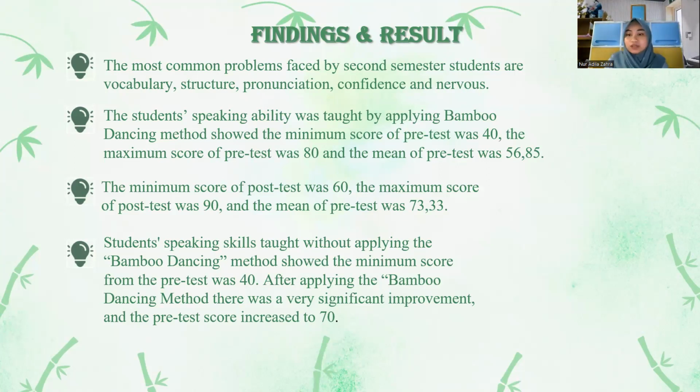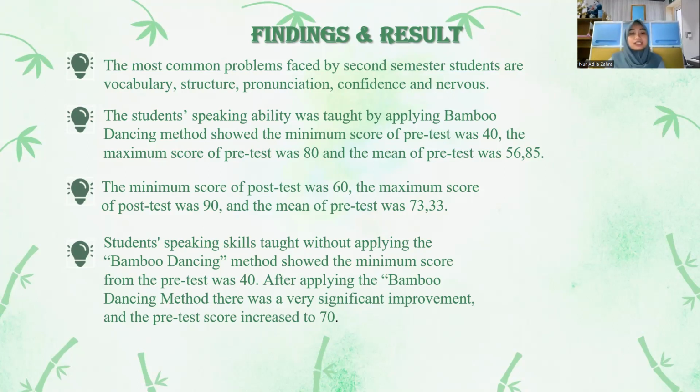And then, as you can see on the screen, as a result, the students' speaking ability was taught by applying the bamboo dancing method. The minimum score of the pre-test was 40, the maximum score of the pre-test was 80, and the mean of the pre-test was 56.85. Next, the minimum score of the post-test was 60, the maximum score of the post-test was 90, and the mean of the post-test was